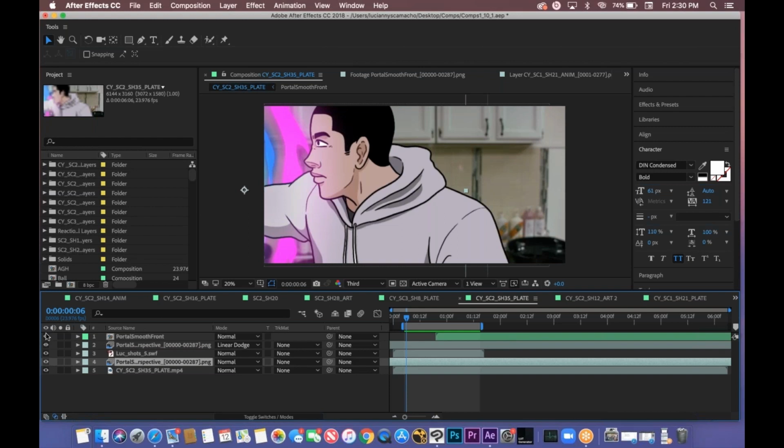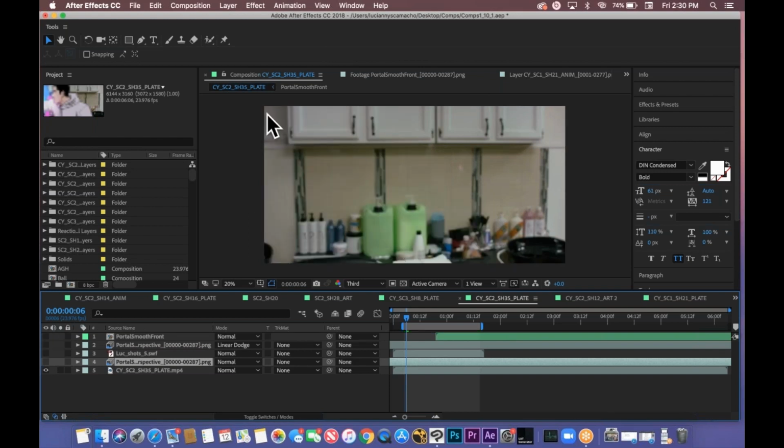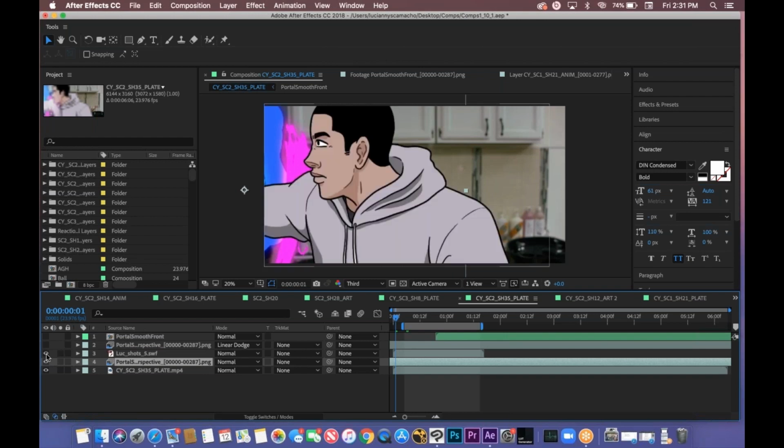So I'll just show you the order of things. This is just a regular live action plate, nothing happening really. Then I put the portal in, and then I added one of the animations given to me, and see, there's no background on it, it's just hanging out. Then I added a glow effect to the portal to give some kind of light, and then another portal over here because the other end of the portal is supposed to be reopening on